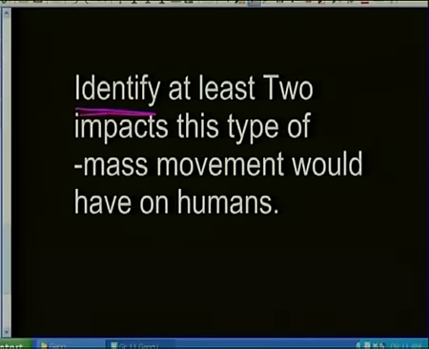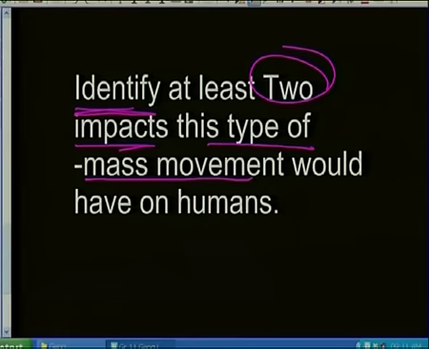Let's move on to the last segment of this type of question on mass movement. The question reads as follows. Identify at least 2 impacts of this type of mass movement and how it would impact on humans. In this example, remember we've identified landslides, and the question requires us to answer in terms of its impact on human activities. And firstly, we should state clearly that the